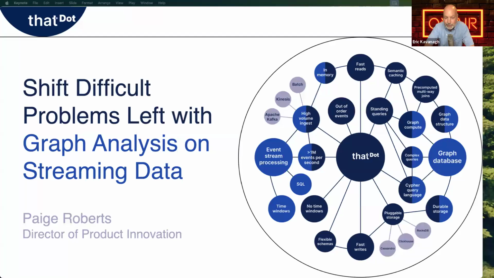Paige, I'm amazed by this stuff. When I first heard about streaming graph, my initial response was, oh, wow, that sounds cool, because I understand graph nodes and edges. It's an excellent way to find patterns and relationships between entities. A node, of course, is an entity. An edge tends to be a characteristic of that entity. So a car could be a node, or a green car, a red car, that would be the edge.